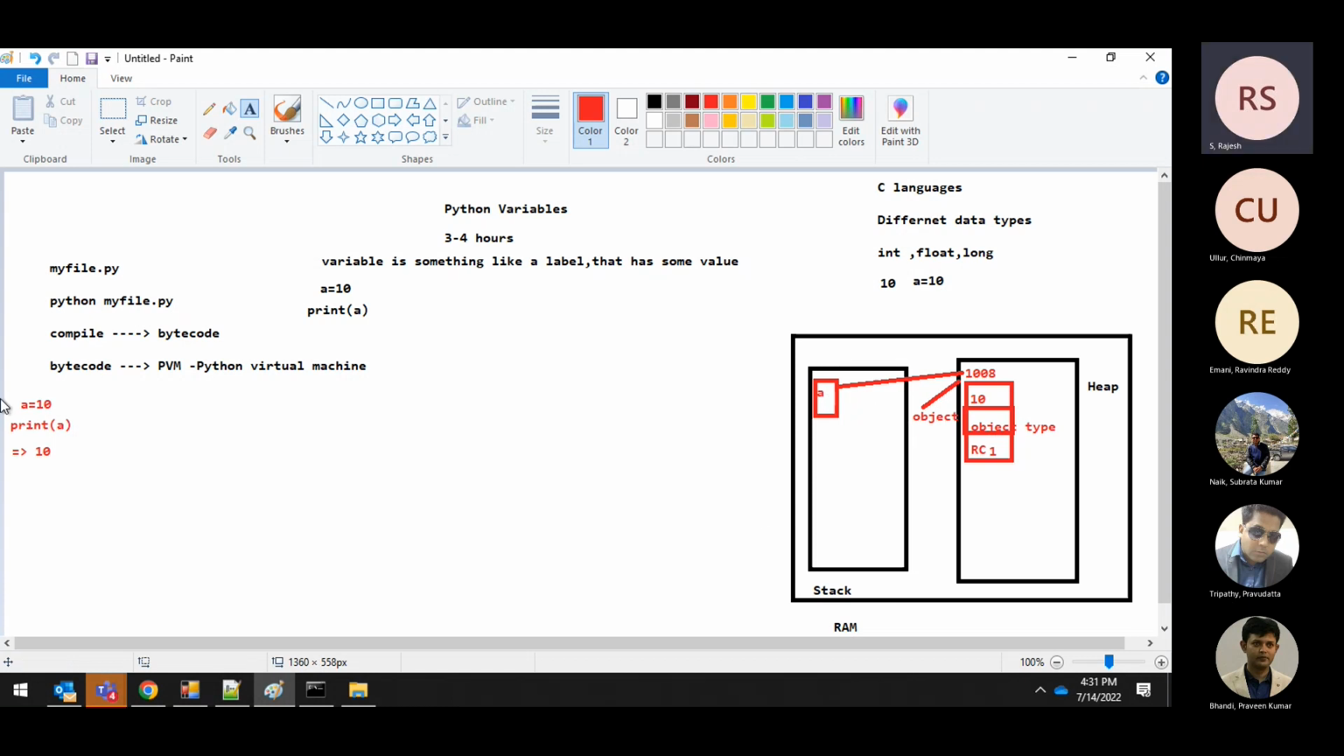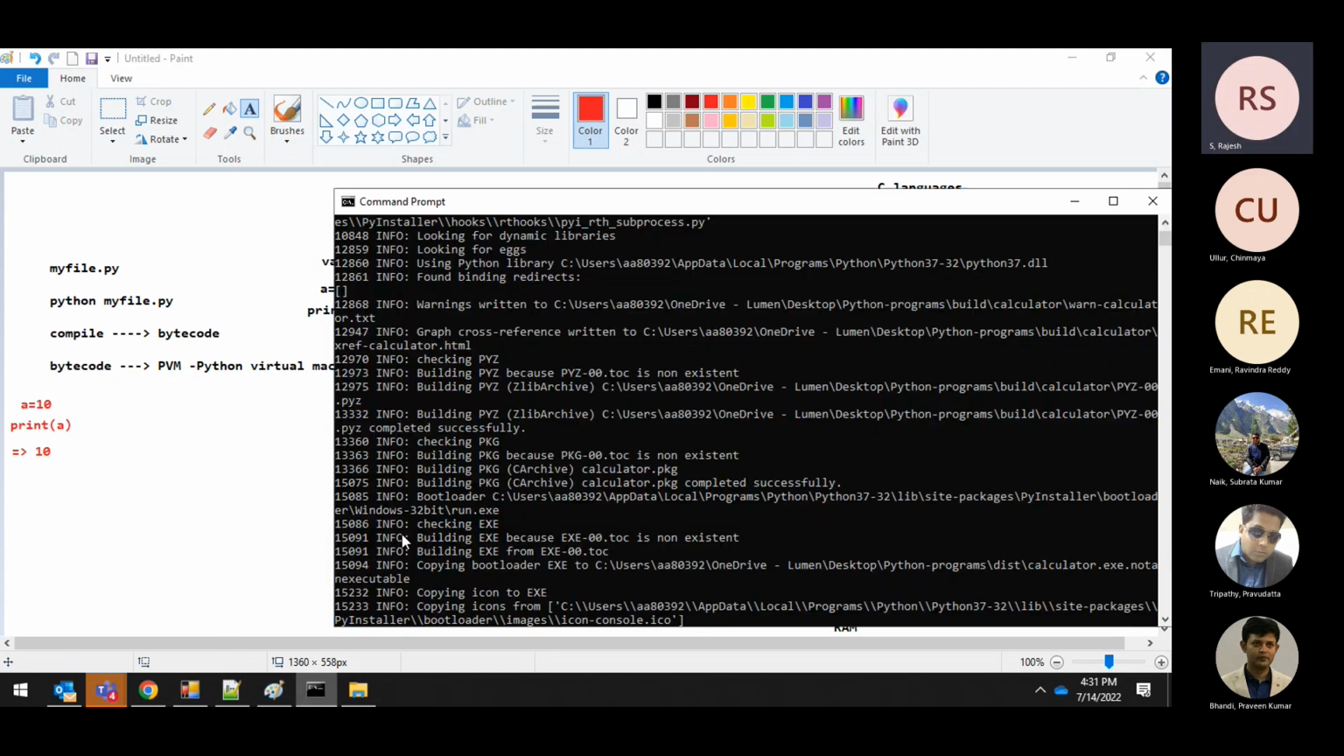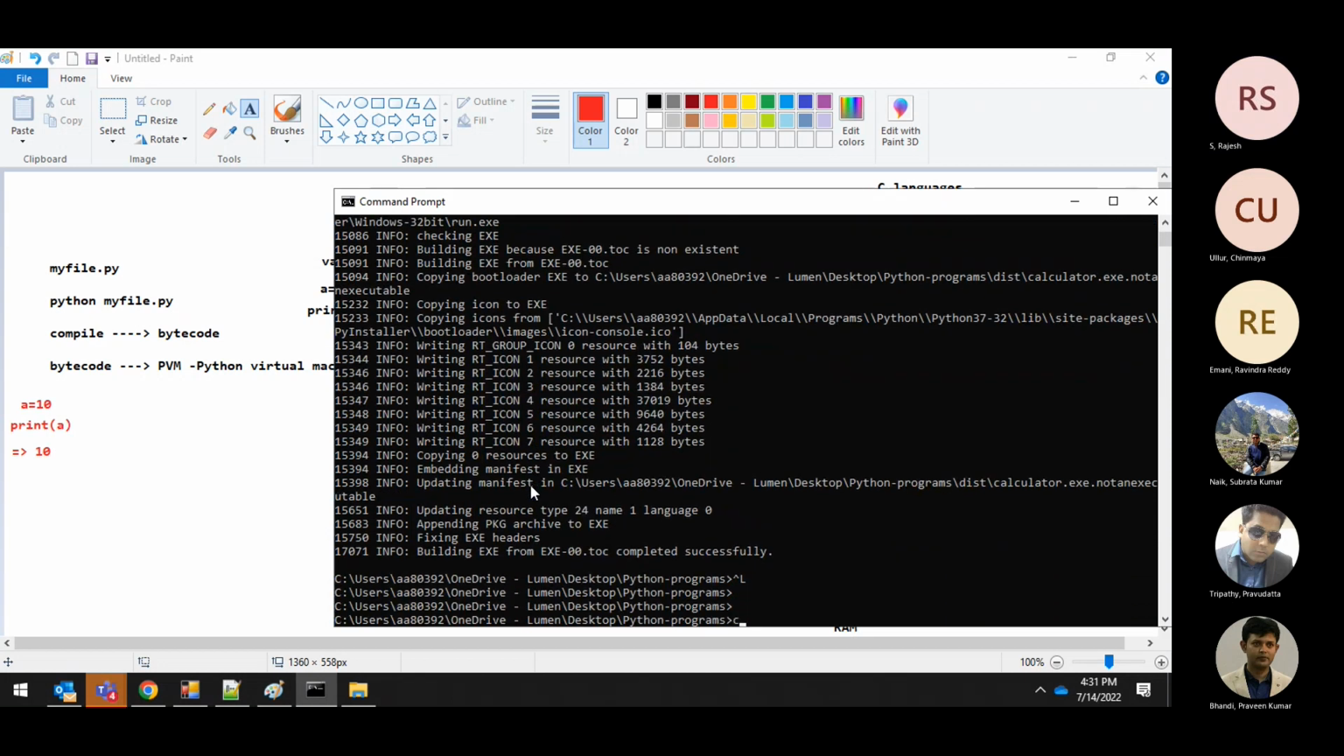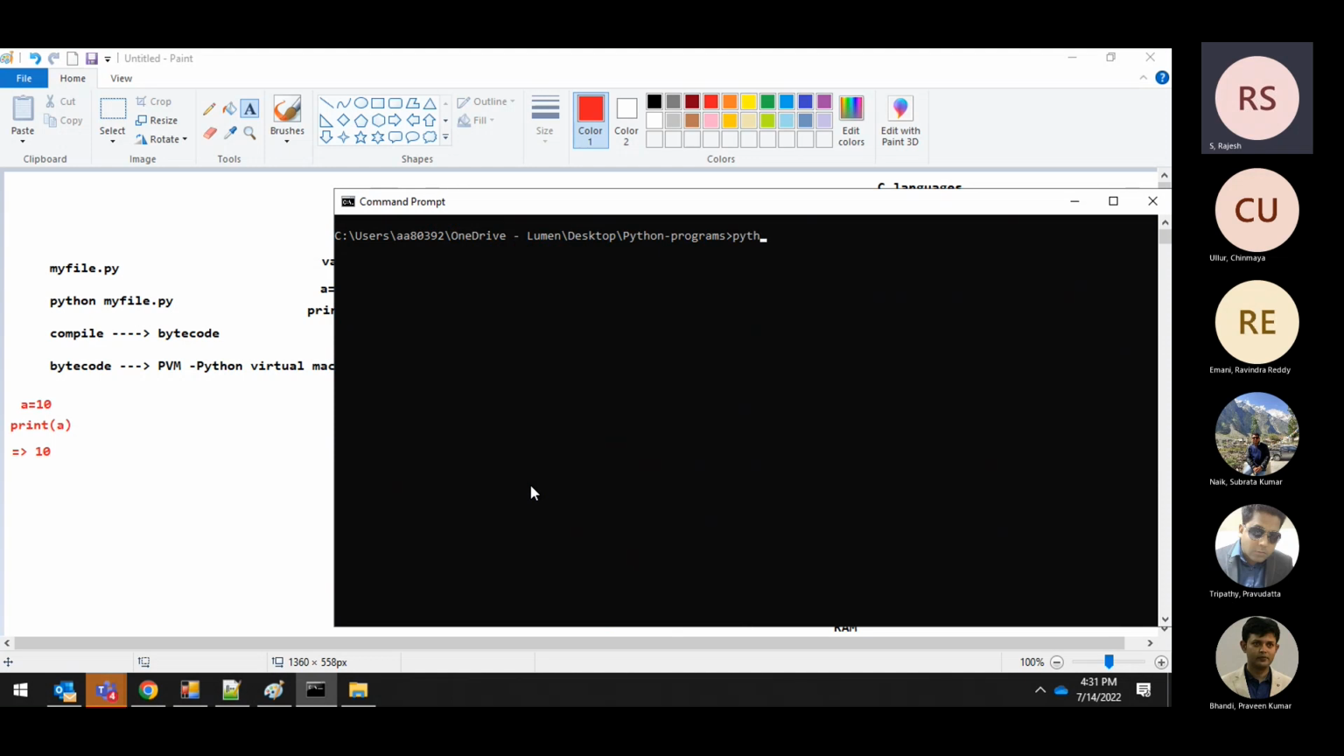Okay. Now, let us do here. Let me clear the screen and execute Python. If I execute Python and press enter, you are inside the Python shell, right? If I say A is equal to 10, it has assigned the value. Now if I do a print of A, it has printed the value,